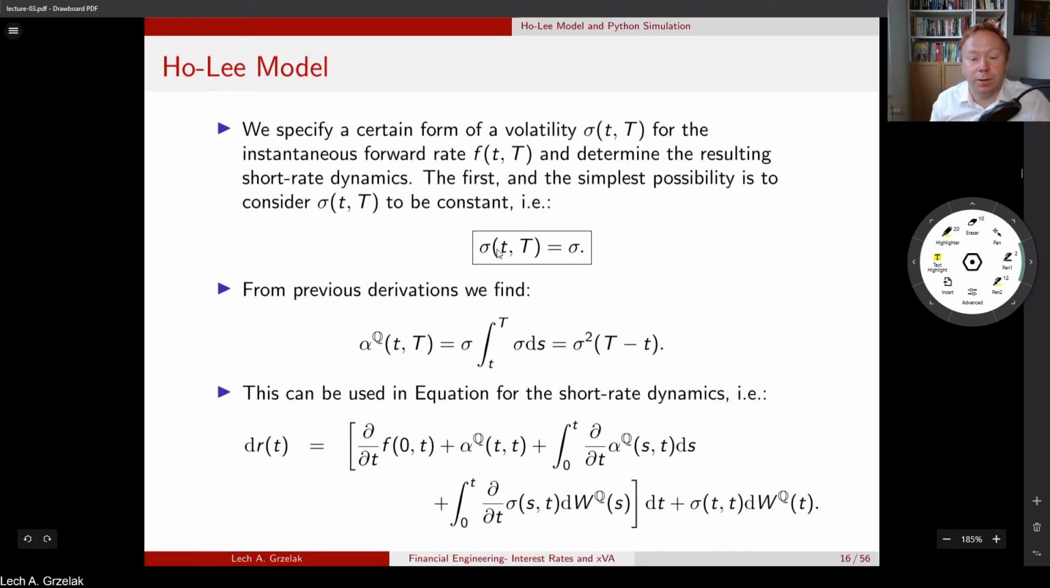So we specify sigma(t, t) to be constant. That implies that our alpha under the risk neutral measure is simply sigma squared times (T minus t). Of course, still a very simple calculation. And then if we know these two elements, we can derive the dynamics for the short rate given the specification for the sigma under the HJM